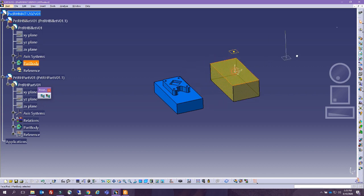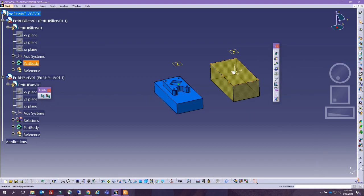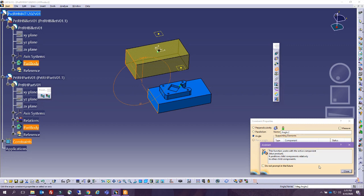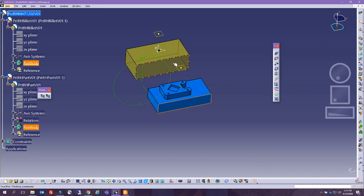All I'm going to do is remove the billet from here. I am going to show the part references because I like to use them. Then I'm going to remove this snap to, or else it's going to keep on doing it. I'm going to bring this element here, select the programming references and make them coincident, so this is good. Now this can also rotate, so I am going to make sure that the angle between these ones is 0,